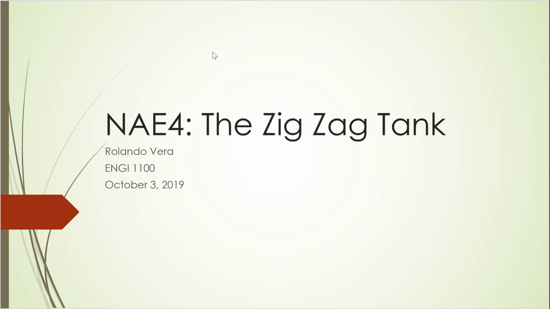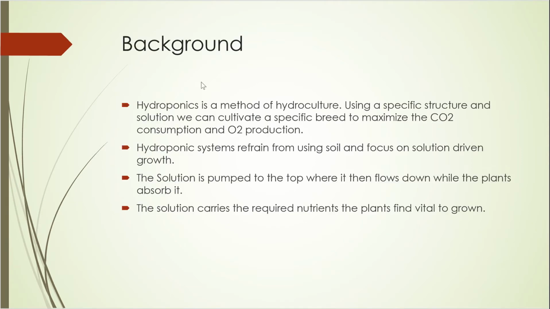All right, NAE4, the zigzag tank. This is my design concept. Let's get into it. A little bit of background on hydroponics. Hydroponics is a method of hydroculture. We can use a specific structure and solution to cultivate a specific plant to maximize the CO2 consumption and oxygen